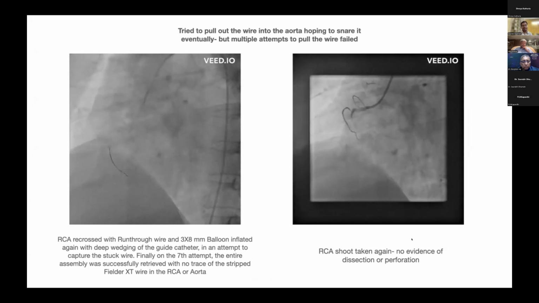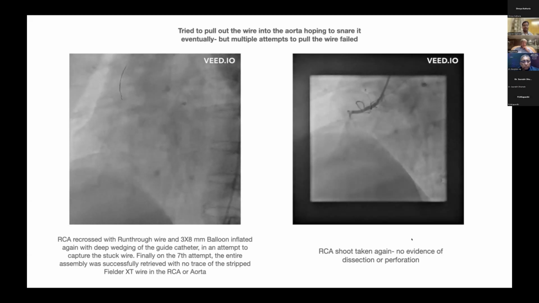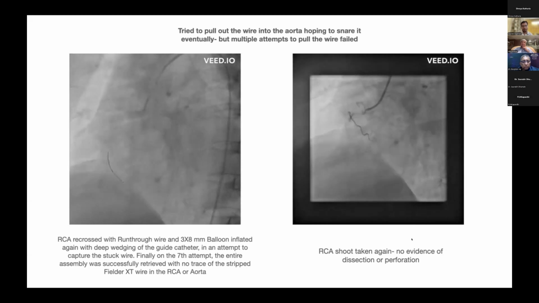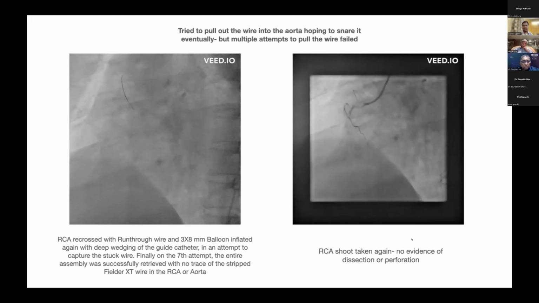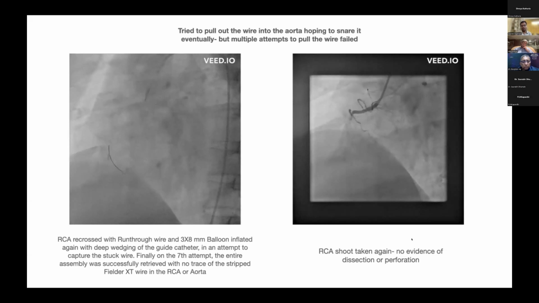I deeply intubated the guide into the RCA, and then again tried this balloon traction maneuver with the inflated balloon, and this time I was able to successfully retrieve the entire assembly, and obviously the entire assembly had to be pulled out, and then we took some